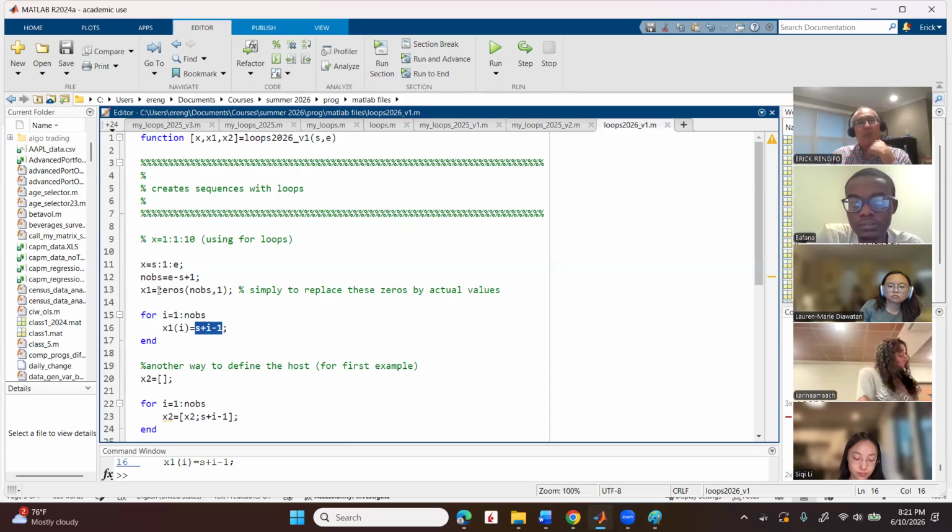Now, the difference between defining x1 as zeros and defining x2 as an empty matrix is that the zeros one already creates a space. You are creating a matrix full of zeros, so in terms of programming, this already is using a space. When you create an empty matrix, it is not using a space. So the most efficient way is just creating an empty matrix, and then you start filling the